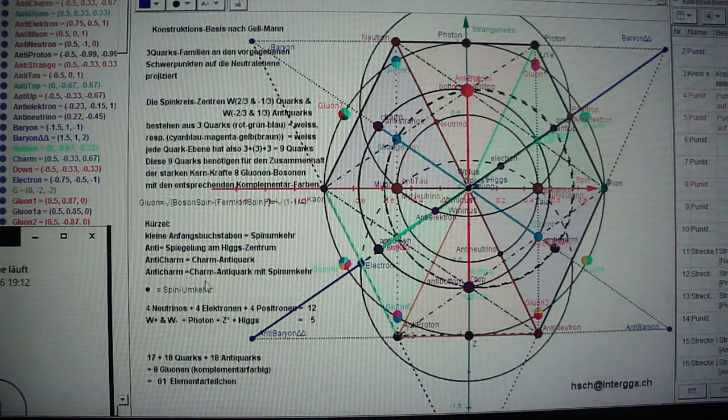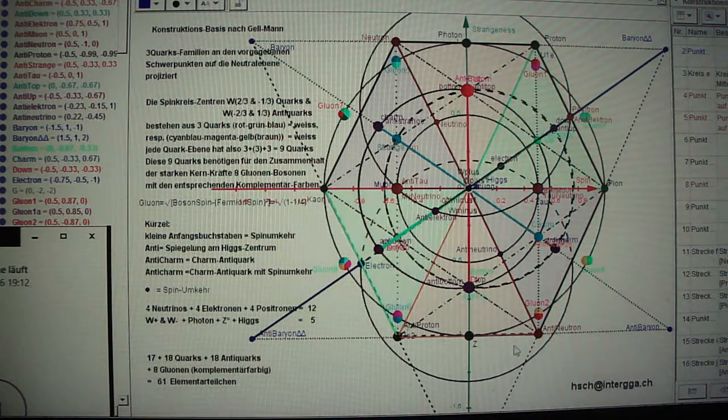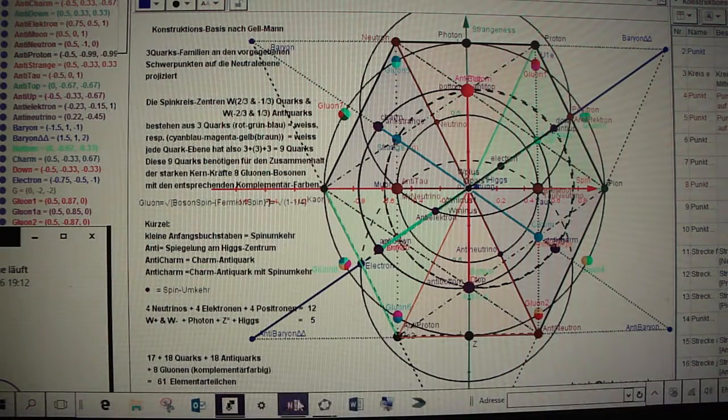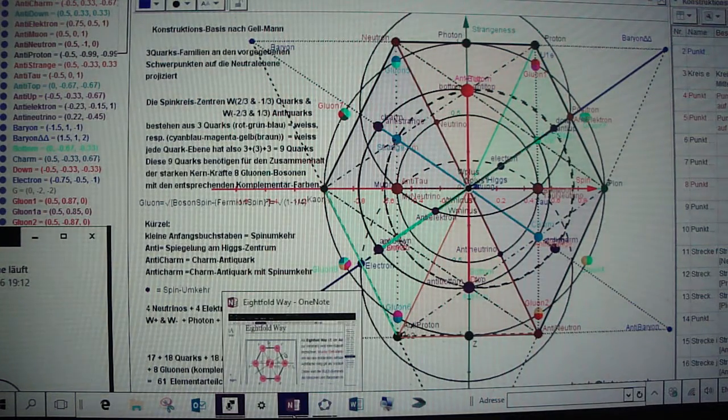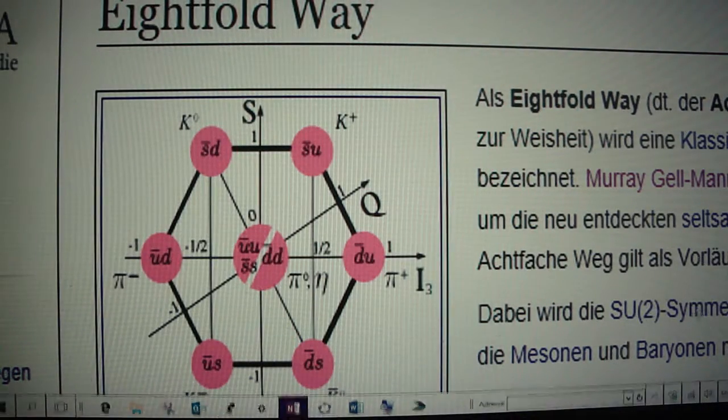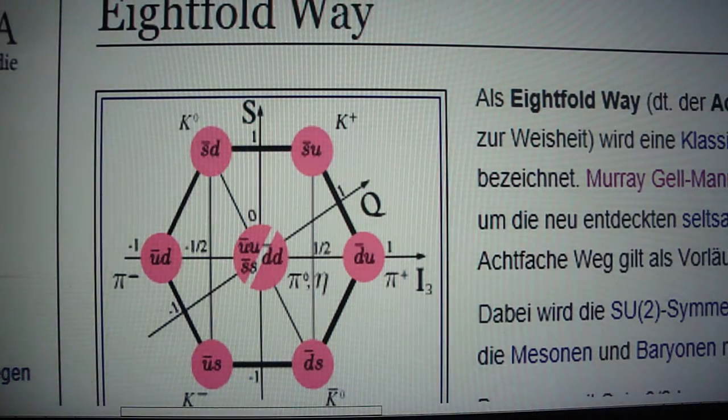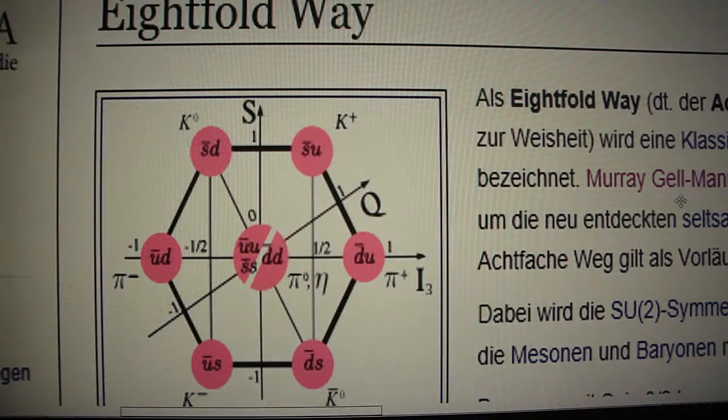Dear auditors, if you have heard of all the fundamental particles in the standard model but never have seen how these 61 very small points could be integrated in a standard system, matching all together, then you've come to the right place. Here we follow Gell-Mann, the investigator of the quarks, even 60 years ago, but since then no other